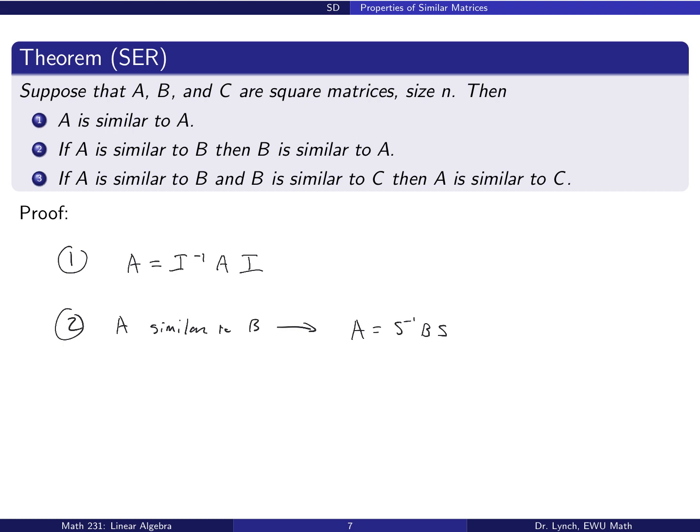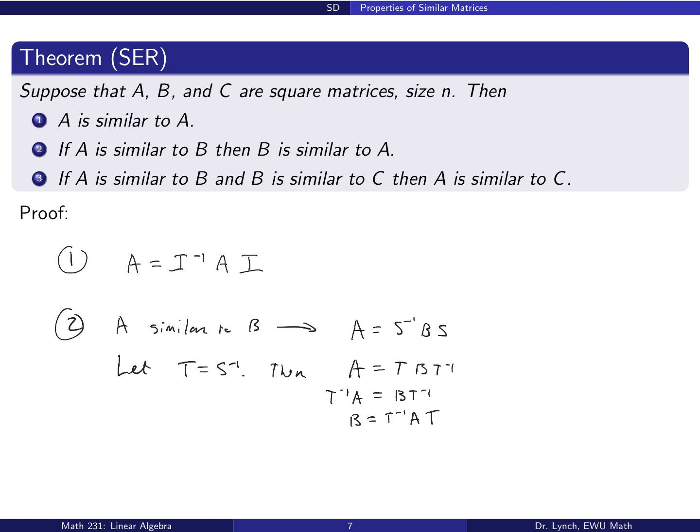So for the first property, of course, the identity matrix has inverse identity matrix. So we can see pretty quickly that A is equal to the inverse of the identity times A times the identity. Hence, A is similar to itself. For the second property, if A is similar to B, we know that there's some matrix S such that A is equal to S inverse times B times S. Let's take T to be S inverse. So when A is similar to B through S, it turns out that B is similar to A through T,